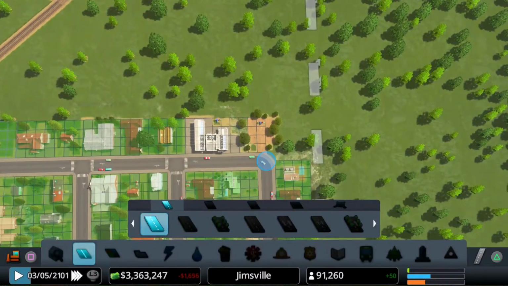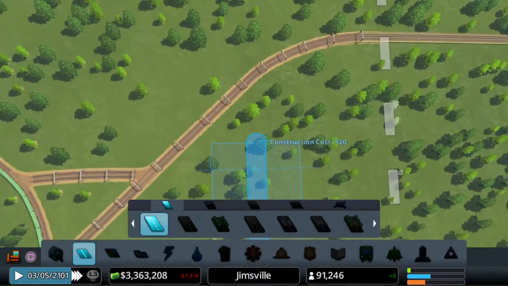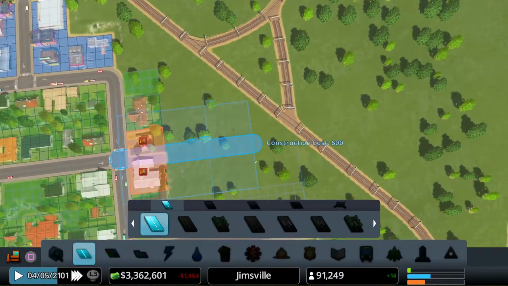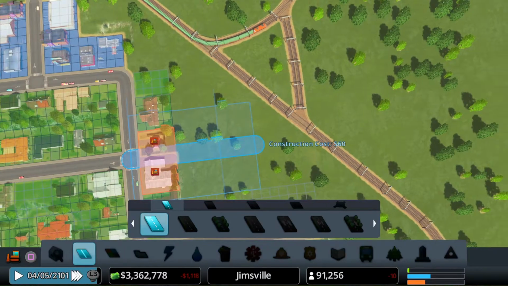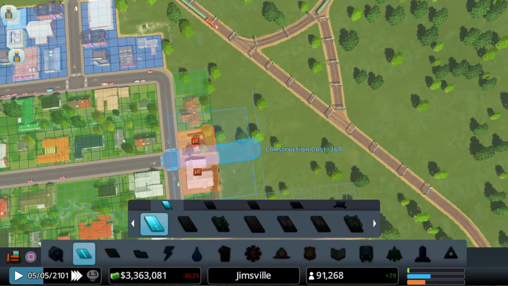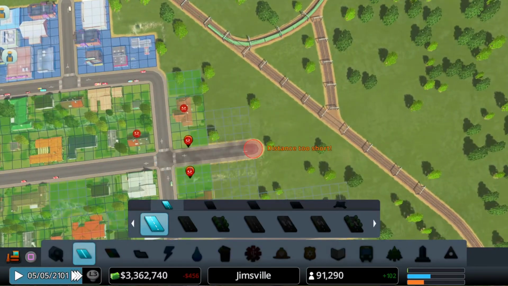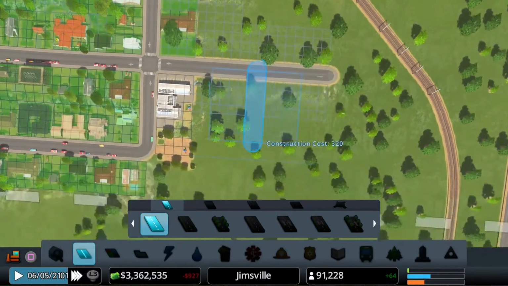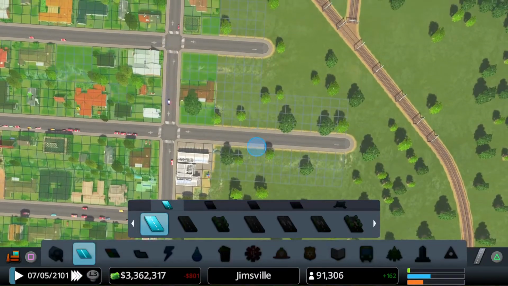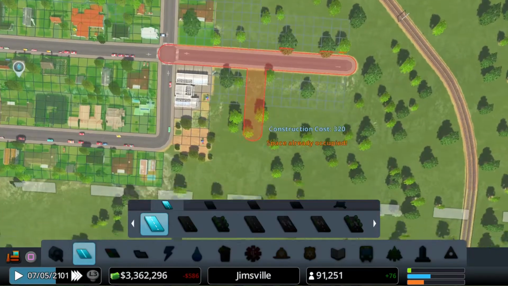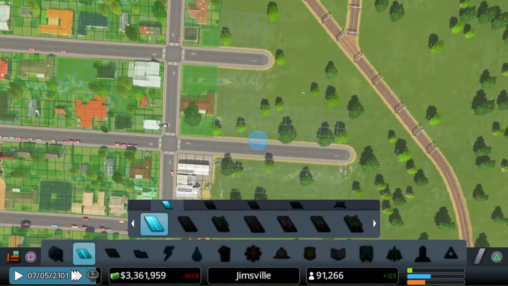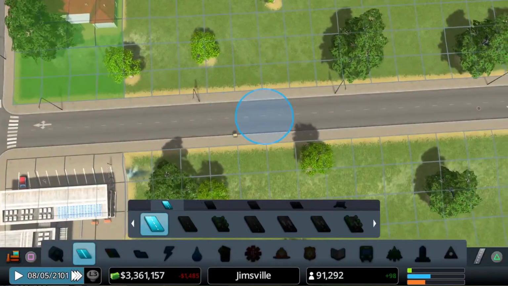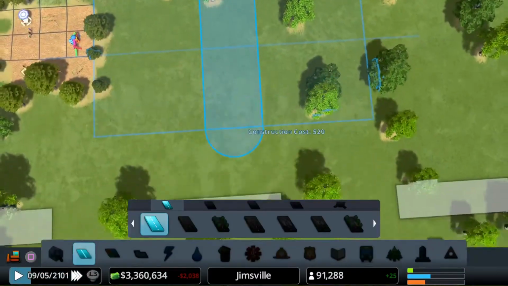Not bothered about having fancy road networks over here, just want to get people in. So it doesn't matter if the roads are curved or not. I don't want to go too close to the railway. Get noise complaints. It's doing that thing when it's on a hill, isn't it? It's not far enough across. There we go.